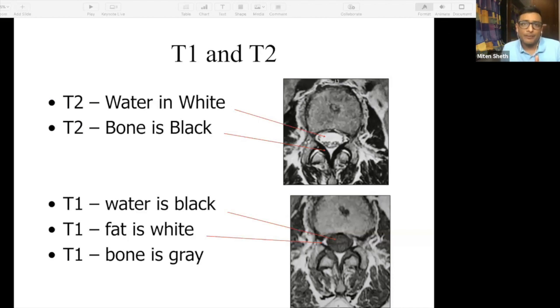It is always important that you go through all the sequences in this form, because all of your degenerative conditions will be identified in a T2 weighted image. The T1 weighted image is going to just show you something additional, which I'll tell you about. And in this sequence only you progress, so you don't get confused.